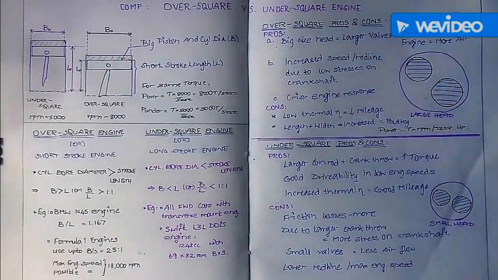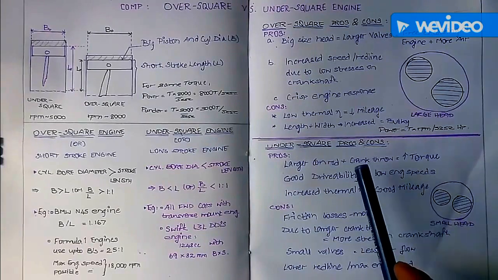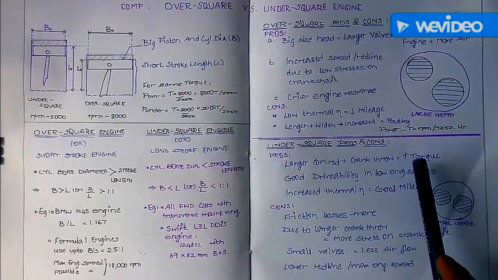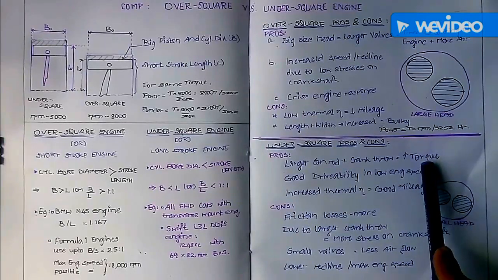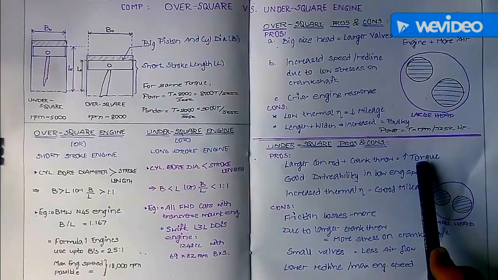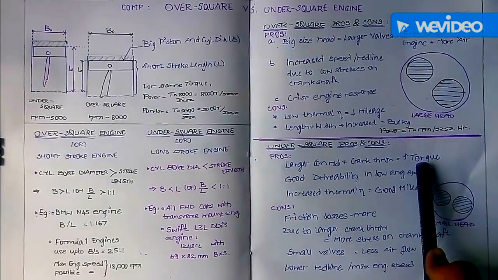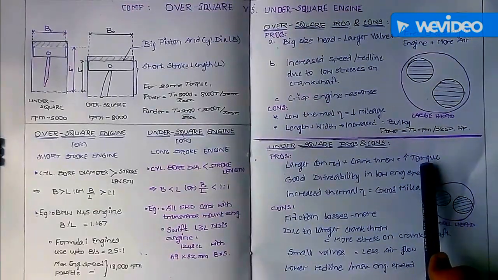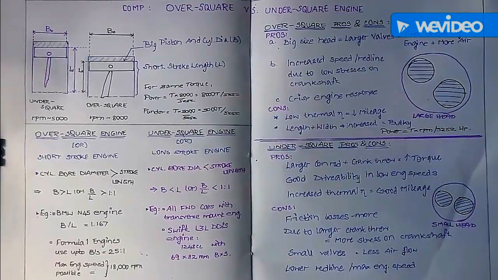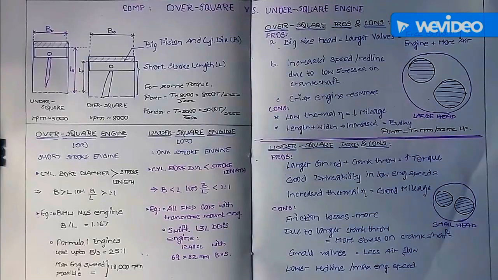Next we will see what are the characteristics of an under square engine. The major advantages or the important characteristics of an under square engine. The first one is the torque. It has lots and lots of torque that it can pull you at very low RPMs, as low as 1600 to 1800 RPM. So that's the main reason it would be used in trucks and heavy duty vehicles, or where efficiency is a major concern over the speed.